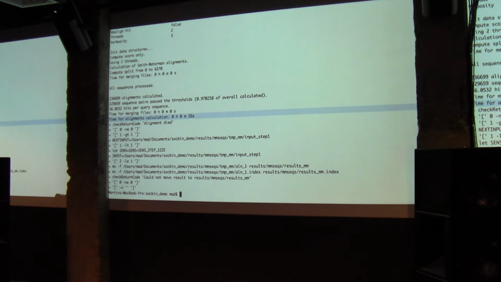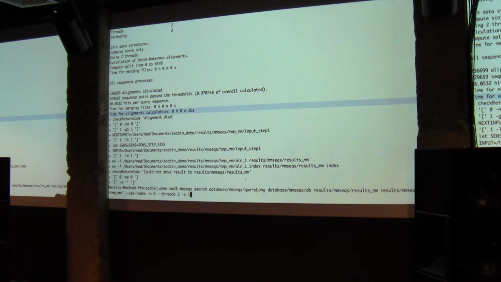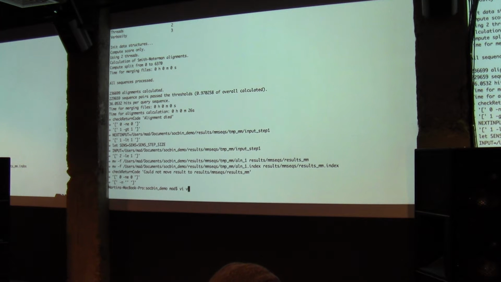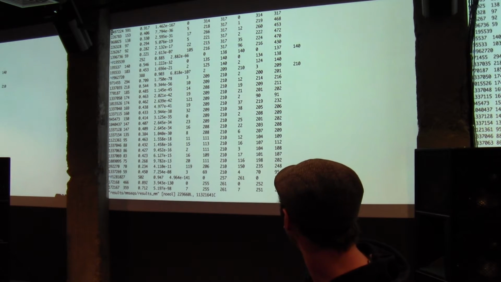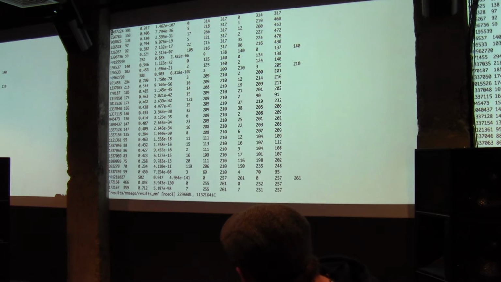So, what is the output that you get here? MMseqs uses an internal format which might not be really handy for most people to use. It shows you the alignment in a tab format, and the first column is the ID that MMseqs is giving the sequence, and it tells you the e-value of a hit and the start and end position of the query and the start and end position of the target and the score it produced.